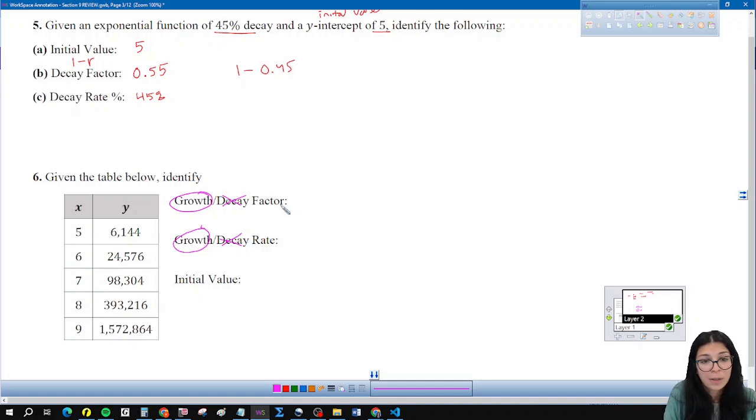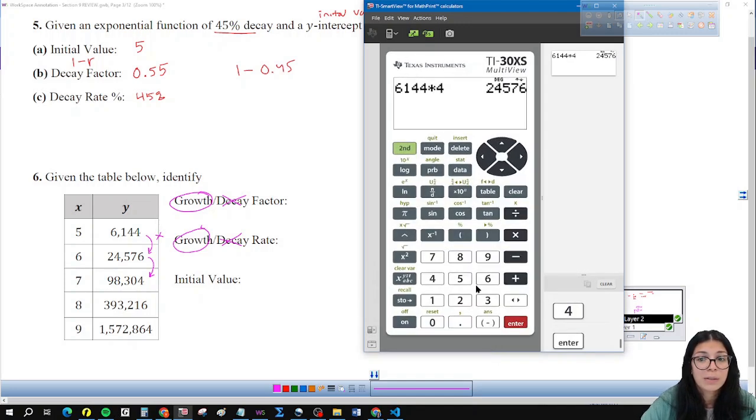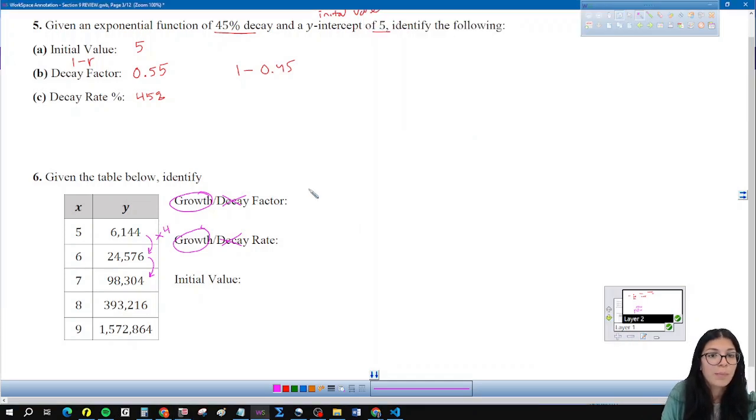To figure out the factor, we just figure out how much we actually multiply by to get from one number to the next. So if you use your calculator and you check, 6144 multiplied by 4 gives us 24,576. You could also figure out this number by using division. So if we do 24,576 divided by 6144, we get the 4. So the actual factor, what we multiply by to get from one number to the next, is 4,